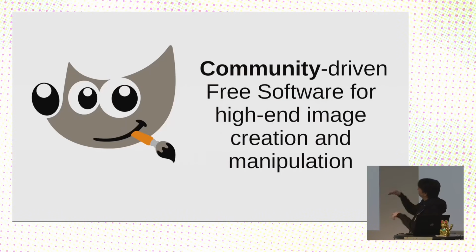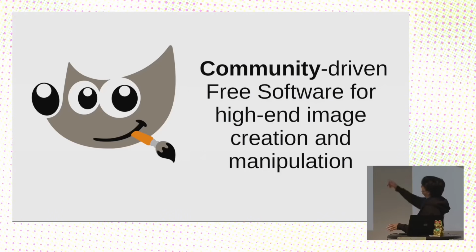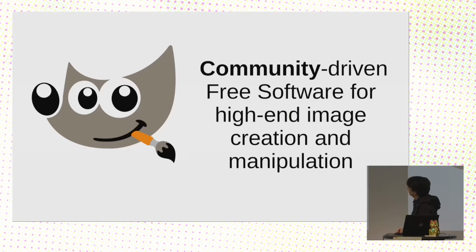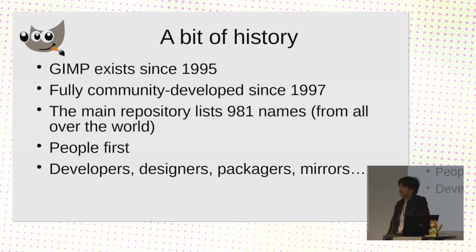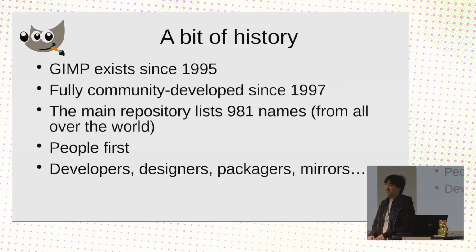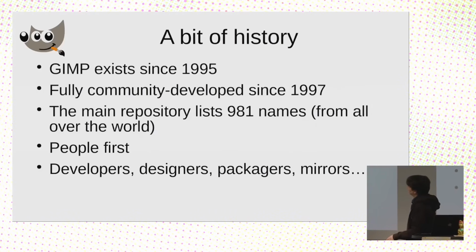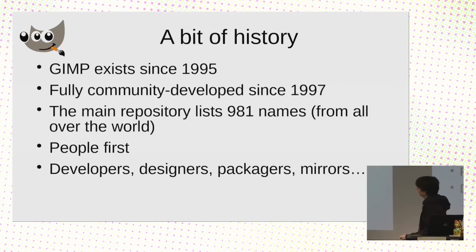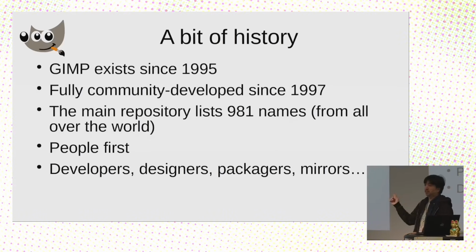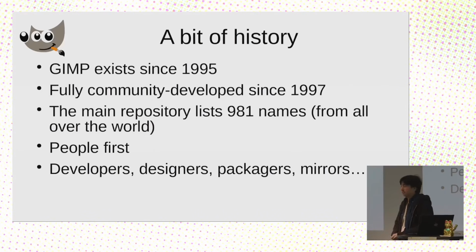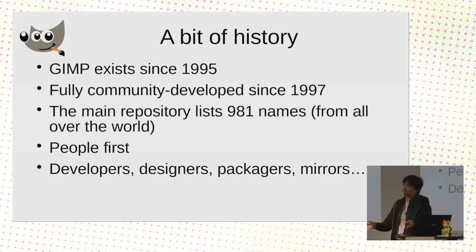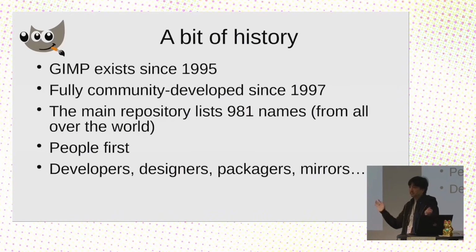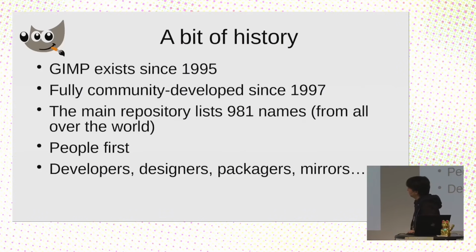But let's come back to the project vision. One very interesting part is the community-driven part. That's what I wanted to talk about mostly today. As a bit of history, GIMP has existed for more than 30 years now. I think it was November 95 that it was first released as source code, but it's been community developed since about 97. The first two authors were students, and they left after a year or two and just disappeared, and it was taken over by the community.